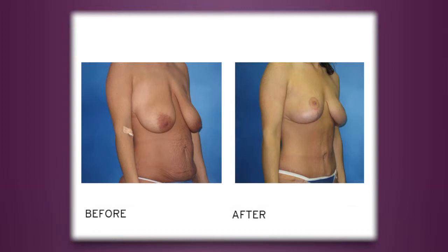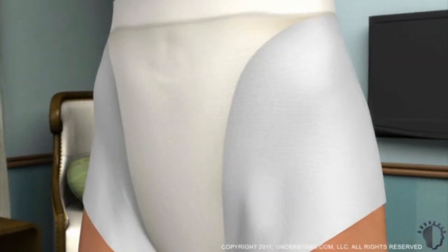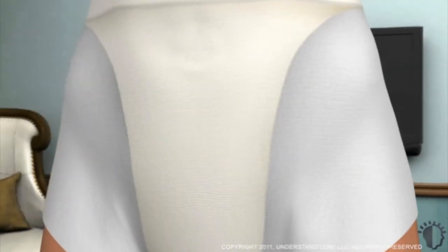Patients also sometimes have swelling, which limits their ultimate result, but oftentimes that swelling is gone in a period of 4 to 6 weeks. Those patients are often also kept in compression after the surgery, and that means that we put them in a suit, which helps the skin to remodel and take the ultimate shape that we want it